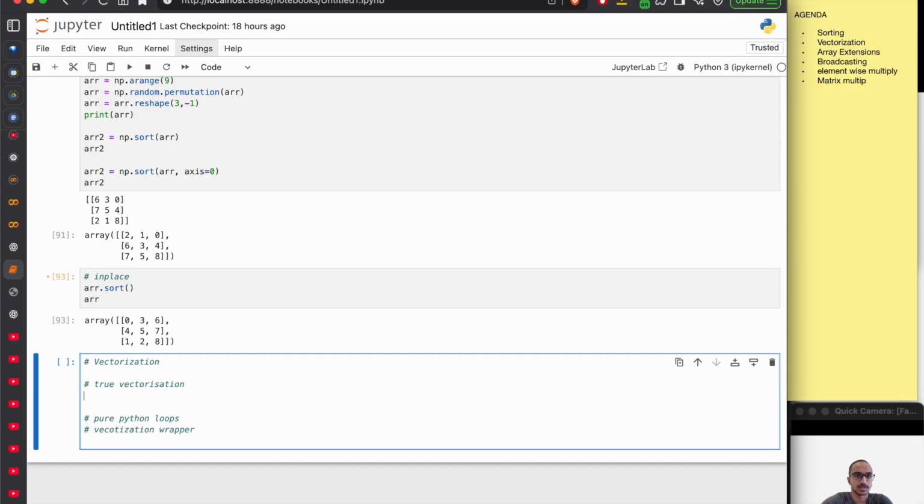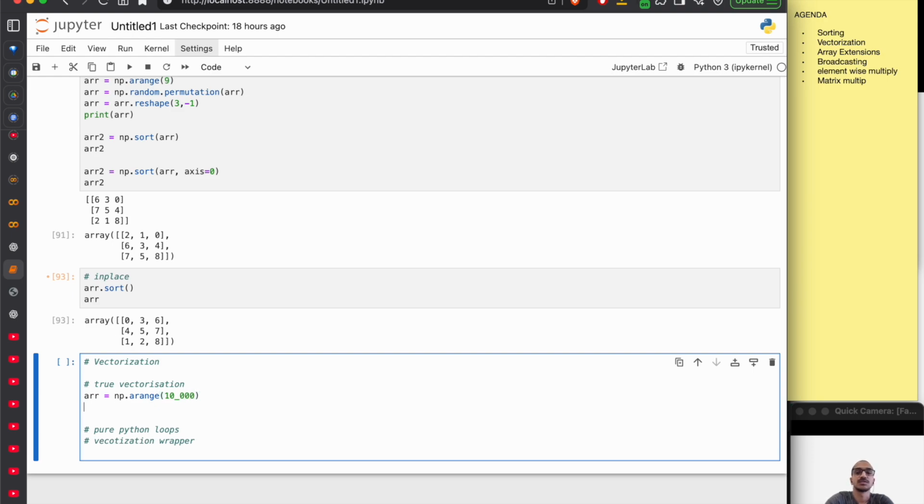So let's take the array, which is, suppose we have an array np.arange, let's take 10,000 elements, and suppose we want to square this array, right? We want to square each element in the array. So true vectorization is basically this. We can just do array squared, and if we run this, if we time this,